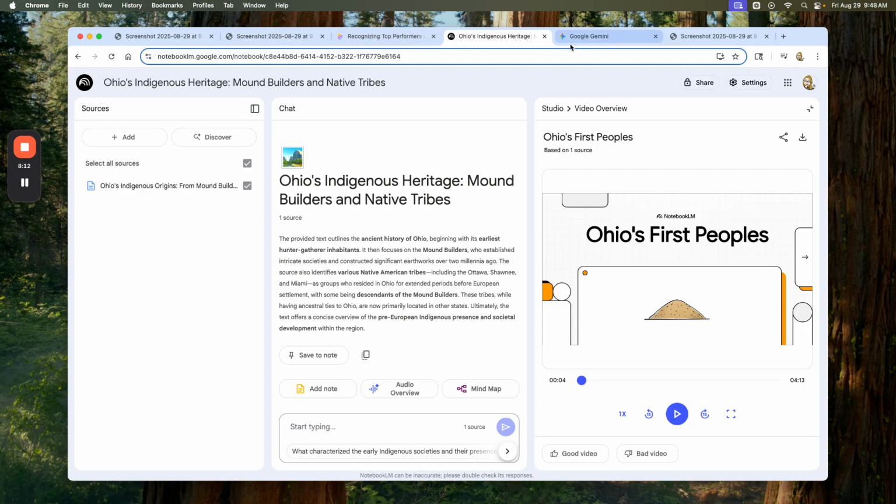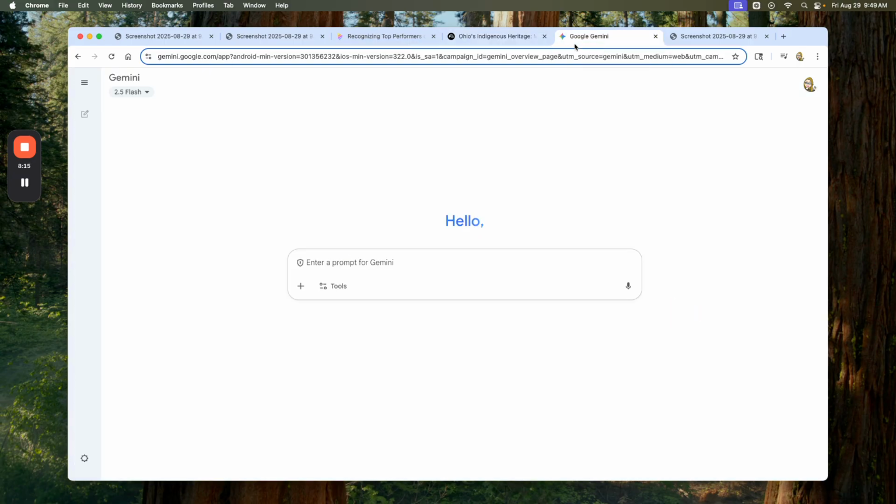And then the last thing we're going to look at is Google Gemini. We've looked at Google Gemini in the past, but what I want you to see and understand is I am using Google Gemini here on an actual computer. If I was using it on a phone, a mobile type of device like that, there is what is called Gemini Live. So I can talk to Gemini just like I'm talking to you here today. But I wanted you to see how I can kind of do that on a desktop as well. If I were to click here on the microphone,